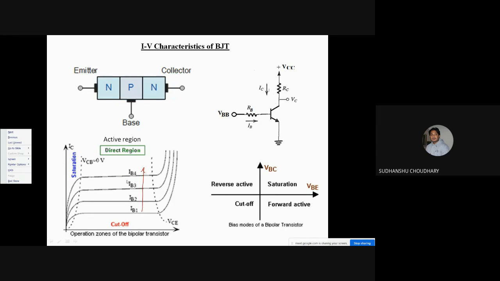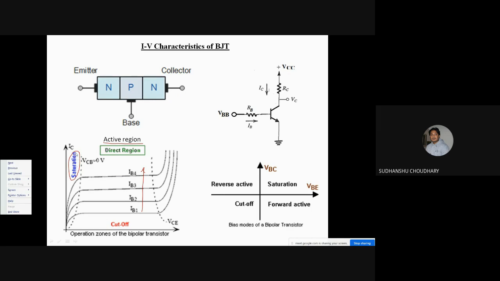Okay. Now this region is called the active region in the BJT, and this region towards the left is called the saturation region in the BJT, which is just opposite to what we had read in the MOSFET. In the MOSFET we had said that the middle region is the saturation region because the drain current there was saturated, so we called it saturation region, and the left region in the MOSFET was active. But here it is just opposite. Why is it opposite? That has to be understood.